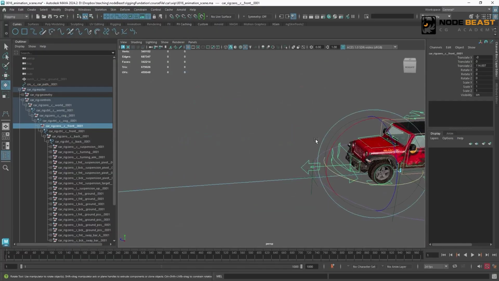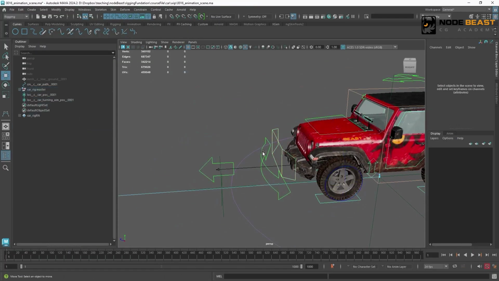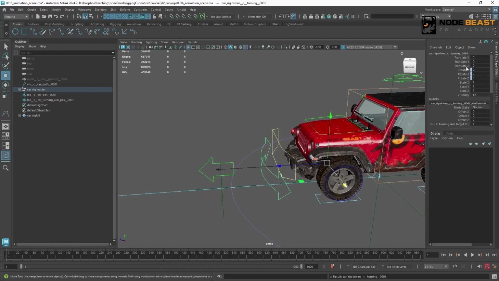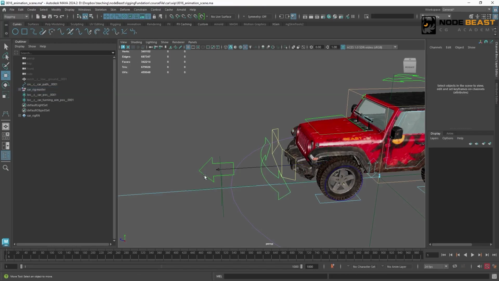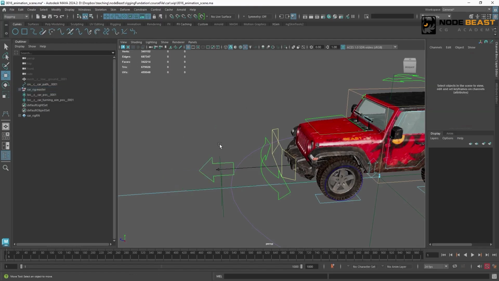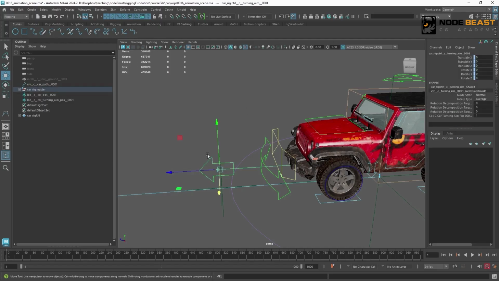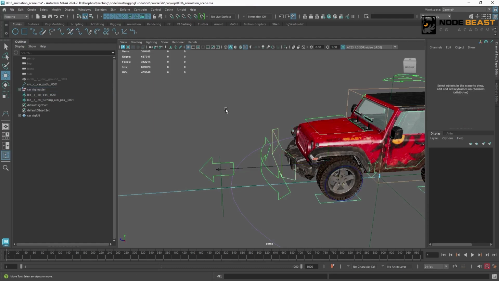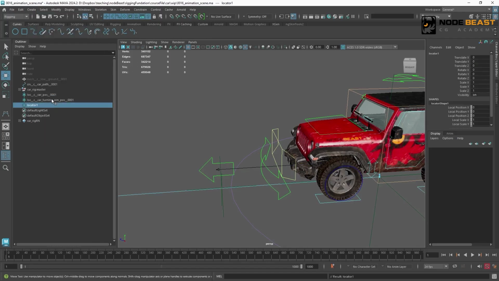Here we need to manually add another similar setup. We know the steering controller. The group above it, we did an aim constraint. The driving object is a position above itself, and we use another controller as the up reference object. We need to do the same operation here. We can use this controller directly as the up reference object, because it's also a child under the front controller. We can use it directly. So here we need to create a steering locator and also create an up reference locator. Let's do it.